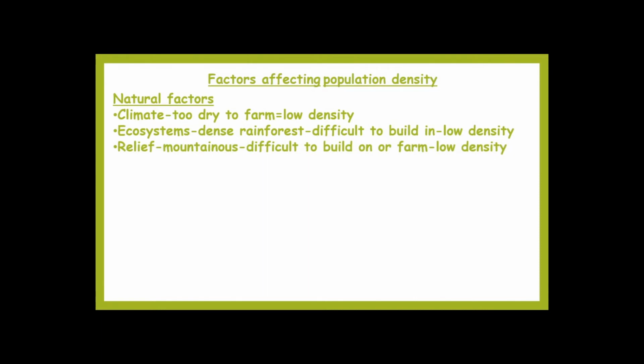Finally, the relief. If it's mountainous, like the Andes Mountains running down the western edge, not left-hand side, down the western edge of South America, it's too steep to build on, too steep to farm on, people aren't going to want to live there. That also links into climate as well. The more mountainous the area, the colder and wetter it's probably going to be, so it's not very nice to live in. If we scale this down to looking at Wales,